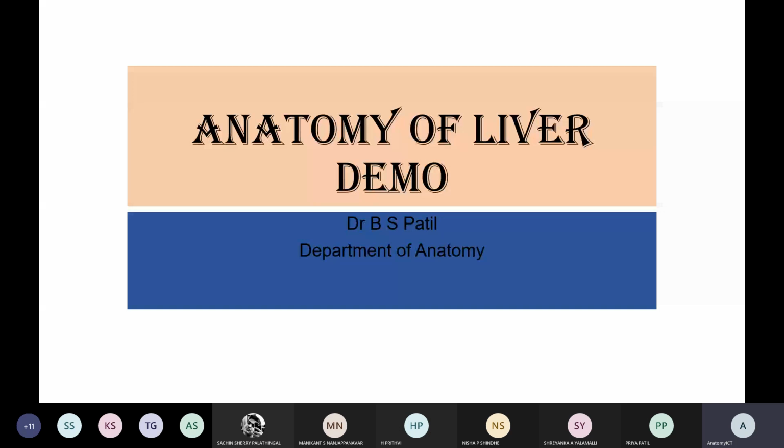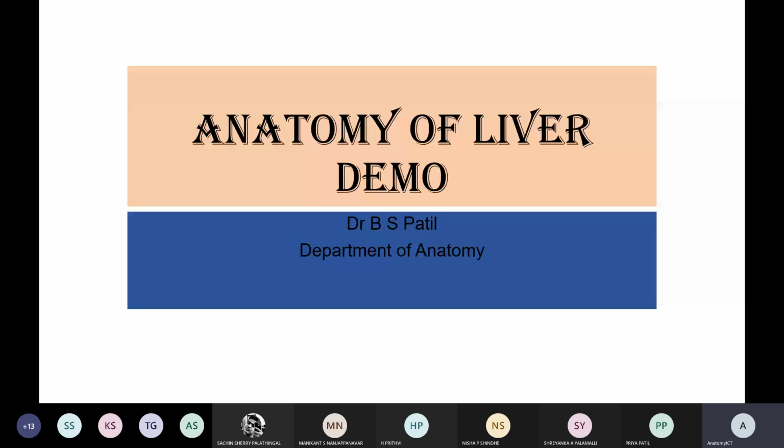So that is the reason whenever we see the liver anatomically, one should know where exactly this liver is located. That is the most prime, important thing. So that is why we call it the location of the liver. And the second thing,